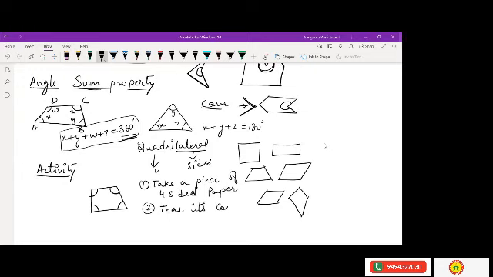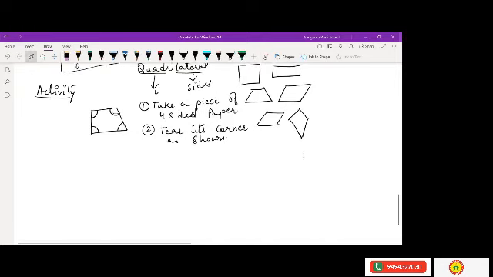Okay, tear its corners as shown. So what I am showing you is just tear these angles here. Okay, tear these angles. Right. Now, next step is,